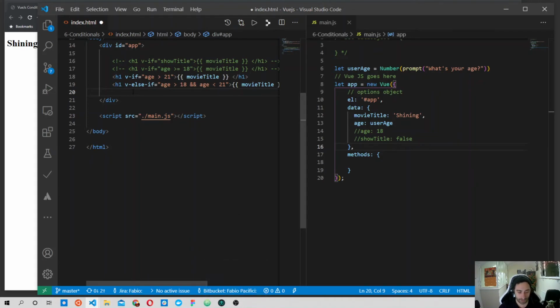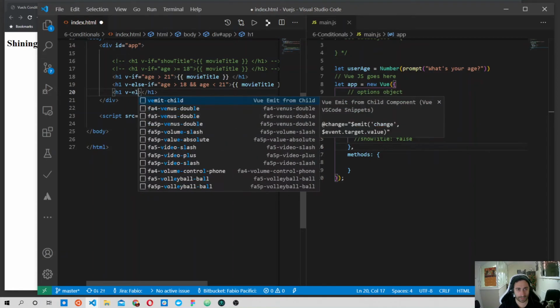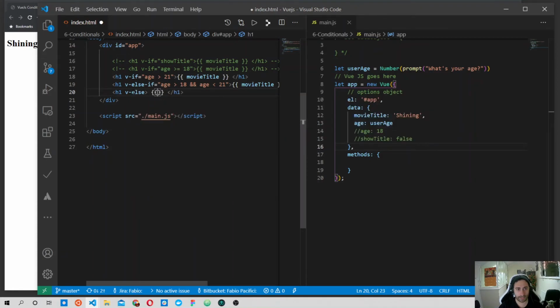So let's add this v-else directive inside our, let's still use the h1, and this time say v-else and say here the movie title again,